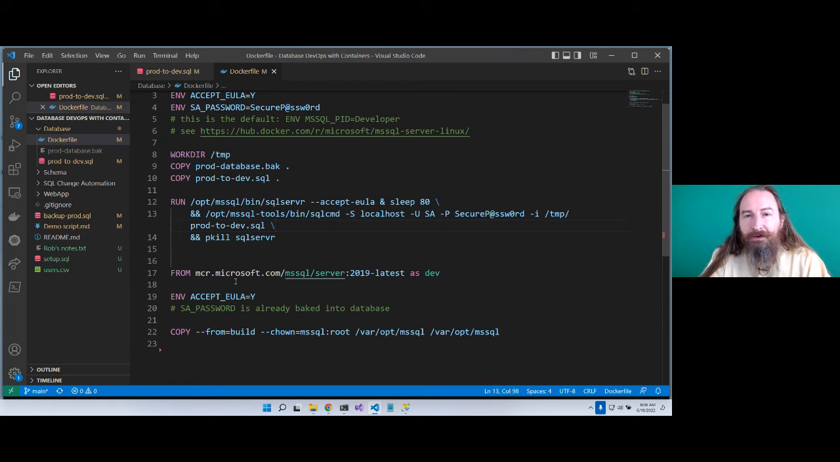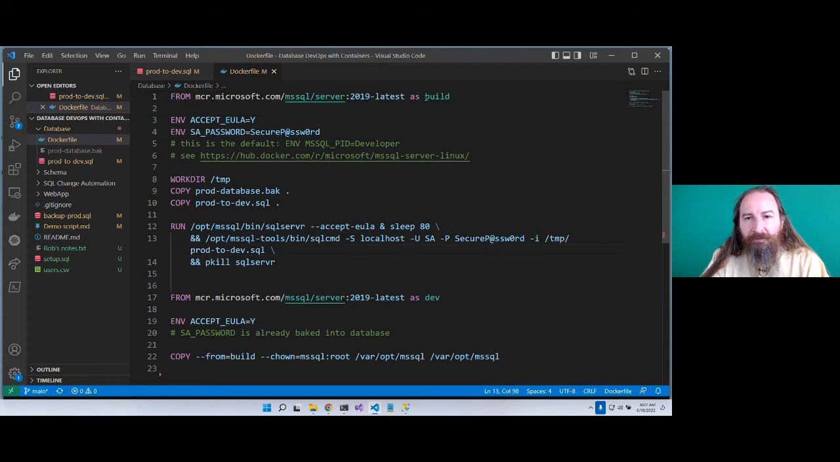Now we have a clean slate. We don't need our SA password because we used it inside of our SQL command. Now we'll copy from the build stage, chowning to the correct user, into this particular folder. Now that we've got our database in place,